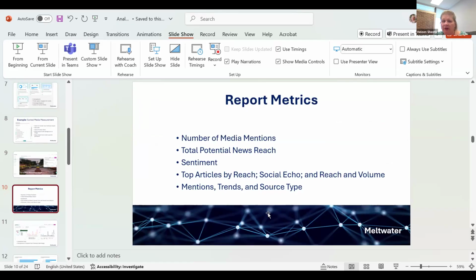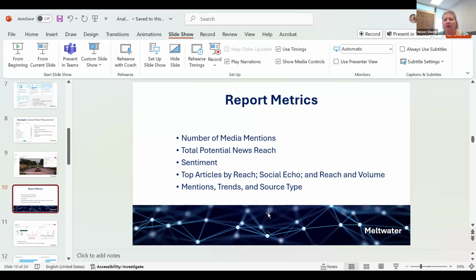The reach that Kirsten was talking about, that's the potential reach for all the eyeballs that could have seen something. Sentiment, which can be positive, negative, or neutral. Most are neutral. You do want to monitor the negative. And then the top articles by reach, which again is how many people could have seen it. Social echo, which as Kirsten talked about, is engagement or the interactions.